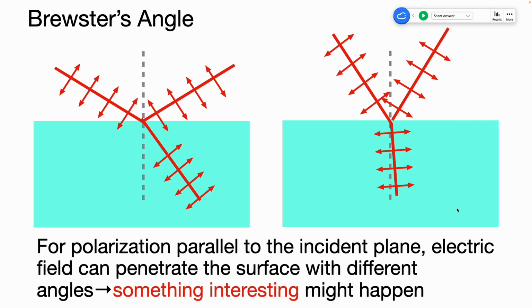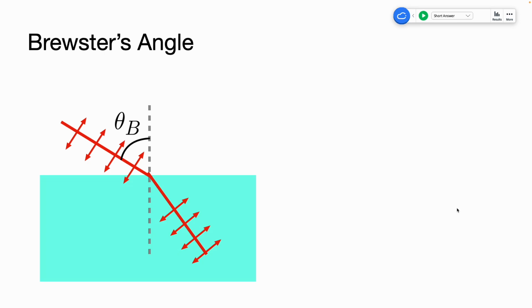So what will happen if you have this polarization parallel to the incident plane? There exists a special angle called Brewster's angle, such that when the light goes in, all of it will go into the water. None of it will get reflected. This is like the opposite of total internal reflection. Total internal reflection is when all the light ray gets reflected. Here, if you have the right polarization and right angle, all the light will get transmitted into the water